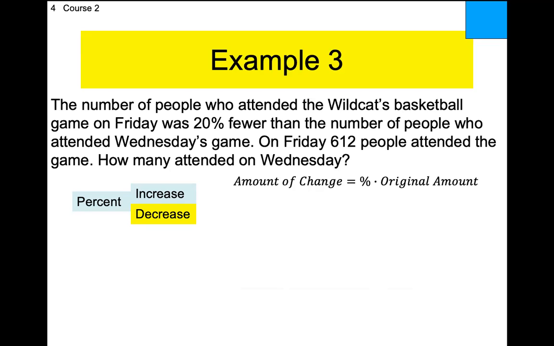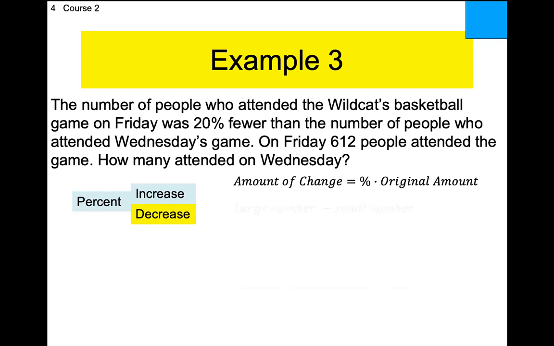If it was an increase, this would be reversed. You know, an increase would be 7 to 10. I'm making those numbers up. So Wednesday would be the 7, Friday would be the 10. So this would be flipped around. So it would be 612 minus X if it was an increase. Once you get a feel for that, then these problems become no big deal. And like I said, there'll be a few of you that like, this is no big deal. But for most of you, you're going to struggle with this.